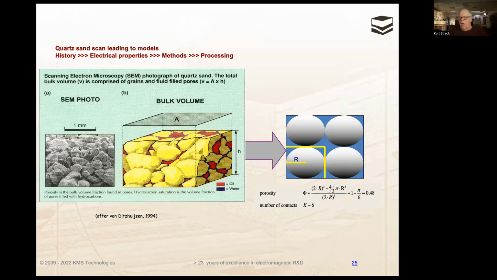So how do we come from these rocks to models? We start out with a scanning electron microscope image, which is in this case 1 millimeter. And we can see a bunch of grains. And when we stack these grains, then the space between the grains, also known as a pore space, is filled with